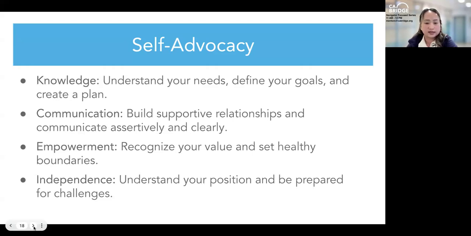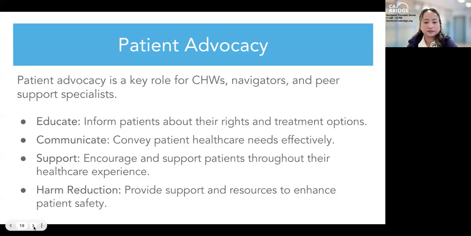So we're going to go on to the next slide for patient advocacy. Okay, so patient advocacy is a key role for CHWs, navigators, and support specialists. You all know this already, right? Because we are going to be the ones who need to communicate our patient needs and challenges with that person. And first of all, you want to be able to educate your patient by informing them